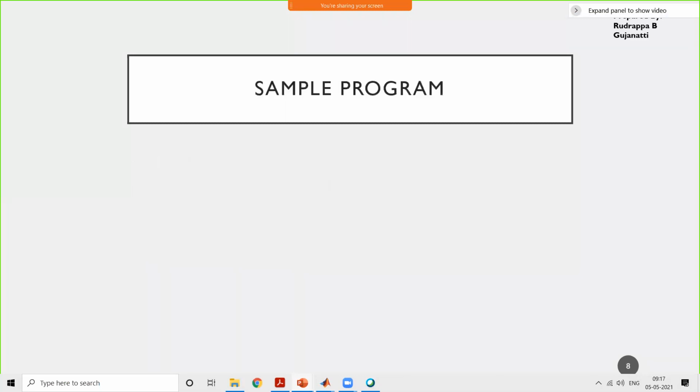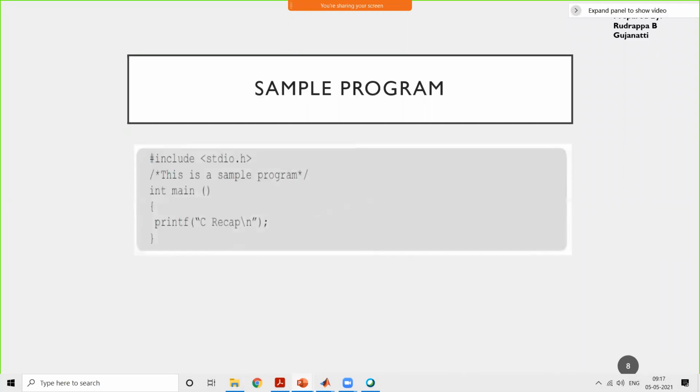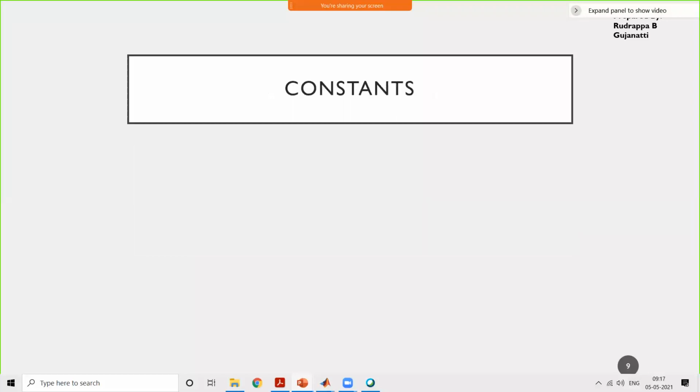These are just a few things to name. Then we had discussed one sample program, wherein we discussed what is meant by hash include, what is stdio.h, what is the int main function, what those braces imply, and what printf does in this case. This is just a simple discussion we had.